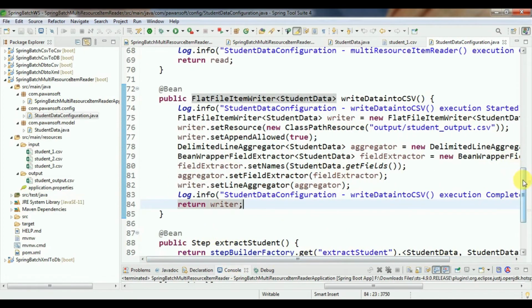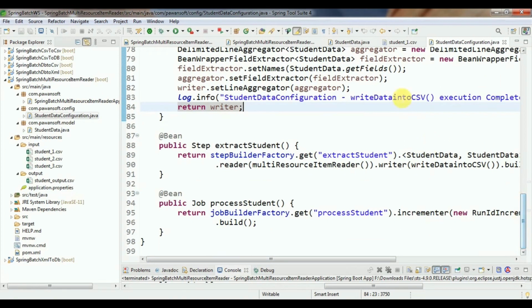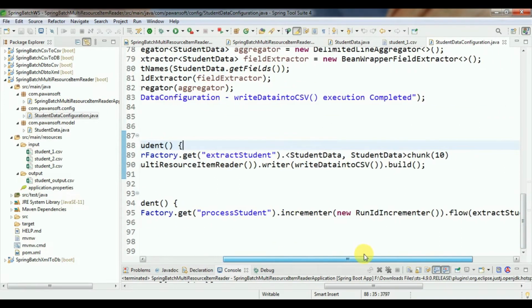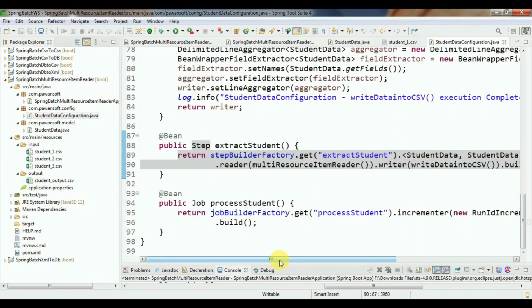And then to create the step, inside the step you have to define the chunk size and reader, writer, dot build method. You have to call the build method finally to return the step object.